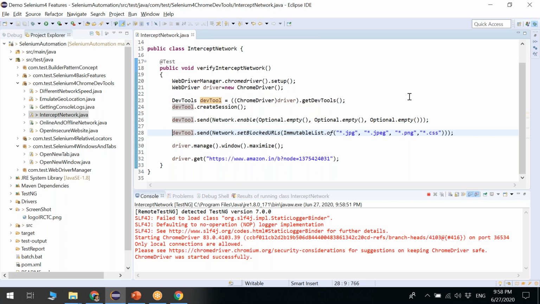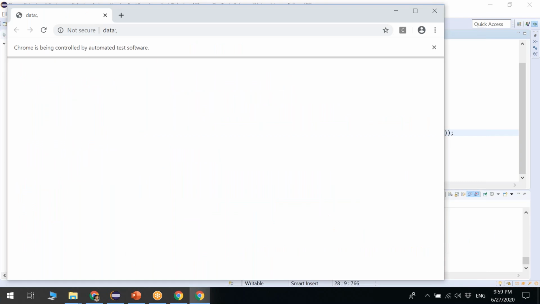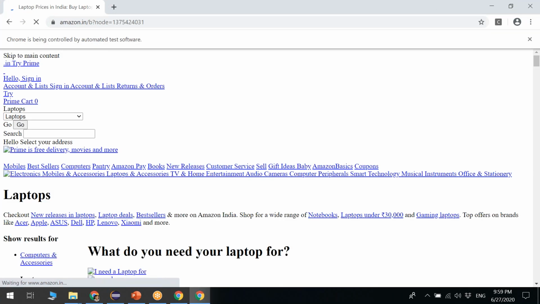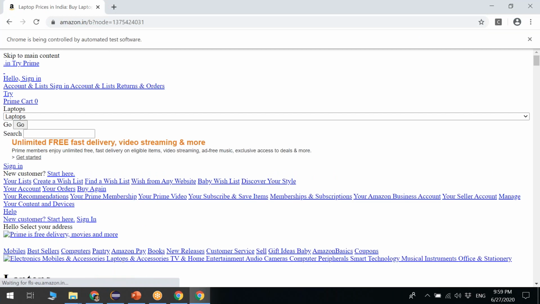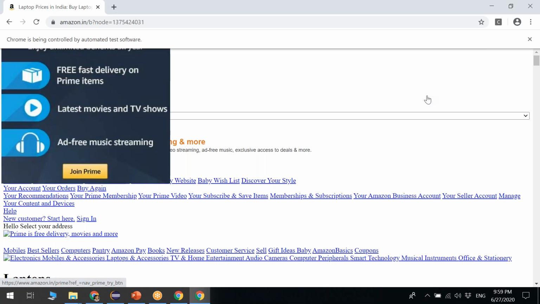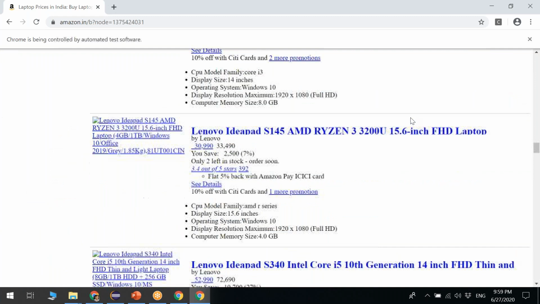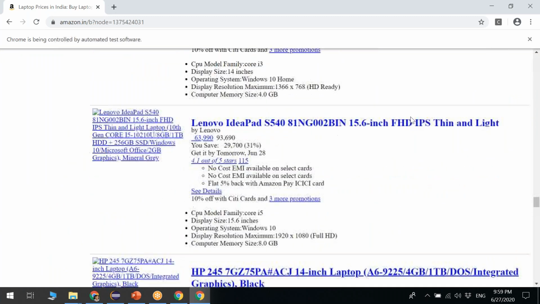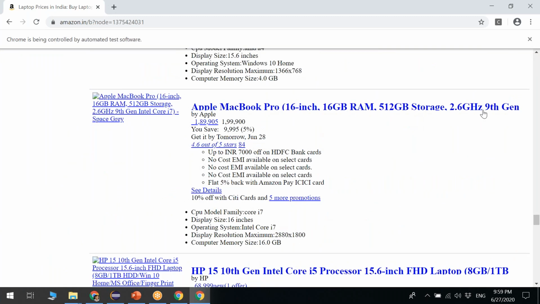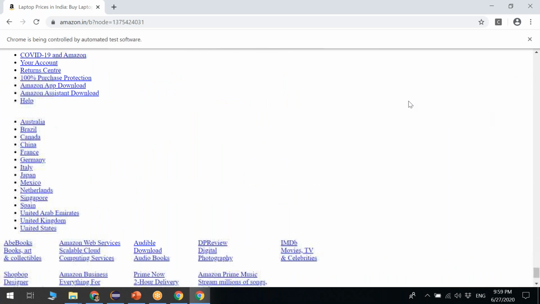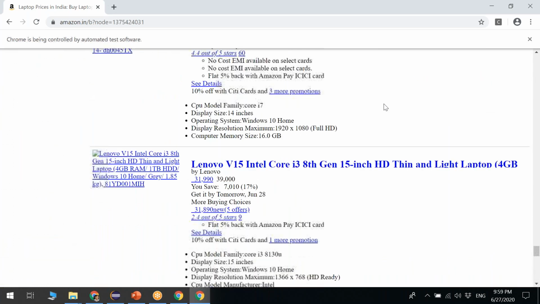The web page is opening, and this time I am blocking the URLs of the images along with CSS. We can see the page opened, but it is completely scrambled. CSS is not in place, and all the images are gone. You cannot see a single image. But sometimes some images come through. I don't know whether those are coming because of frames or something else. I don't have much idea about that.